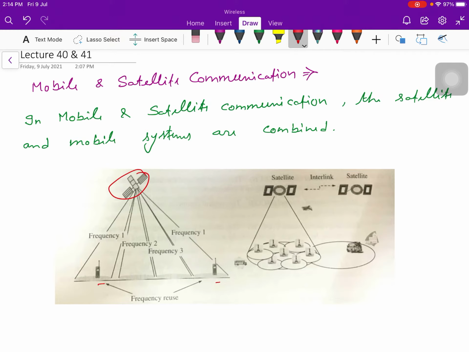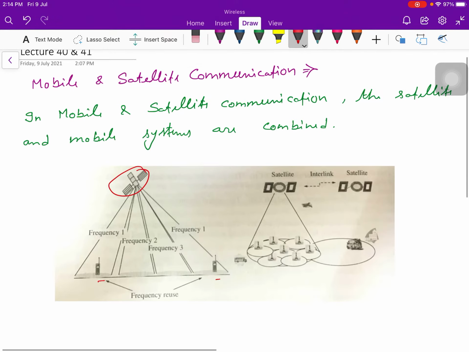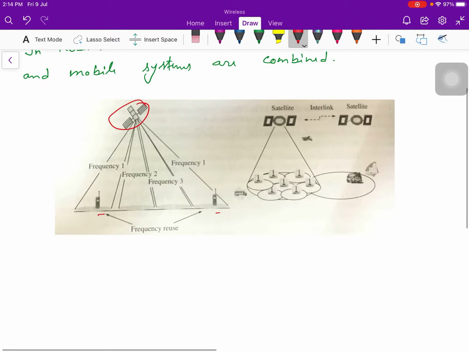If they are using the same frequency, then obviously they are following the frequency reuse concept. Here the antenna spot beam is used for frequency reuse.